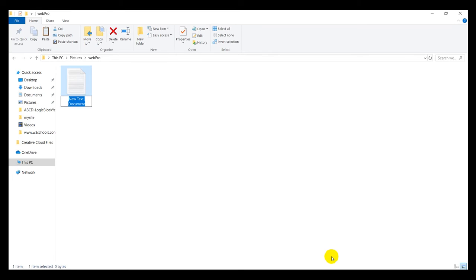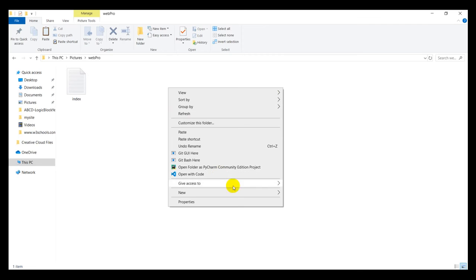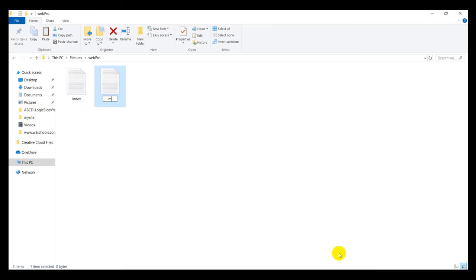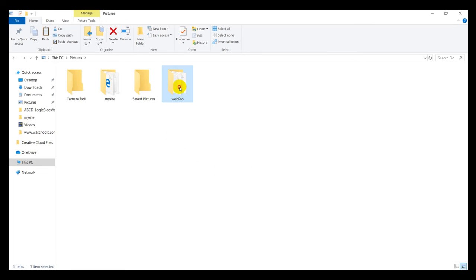Okay, so just right click and then click on text document, and then just type index. You can add .html or just leave it as index. Okay, just leave it as index, and then you can do the same: right click, go to new, and then go to text document, and then do main.css or just main. Okay, so I'll go back and then I'm going to drag this into my VS Code